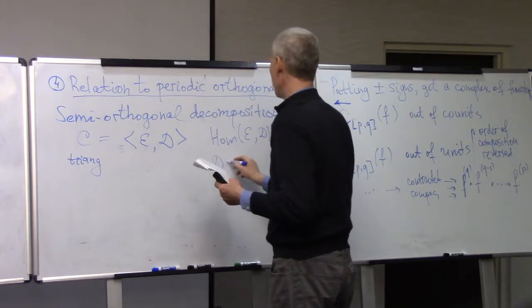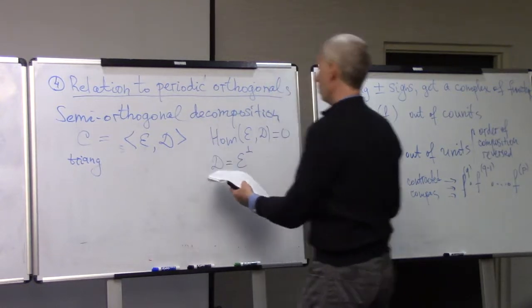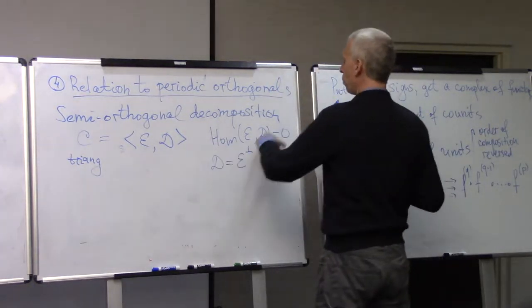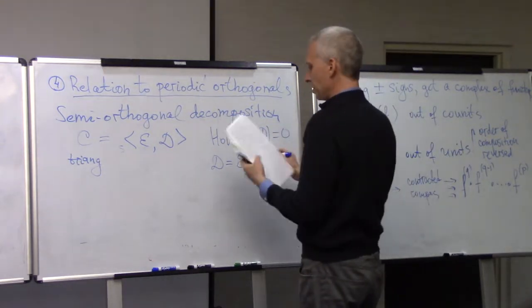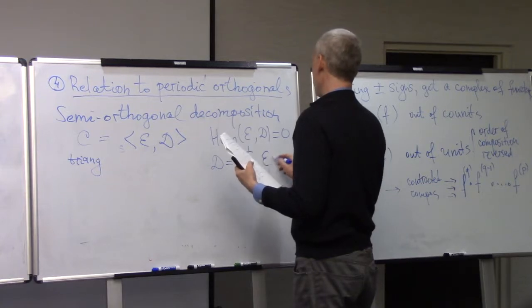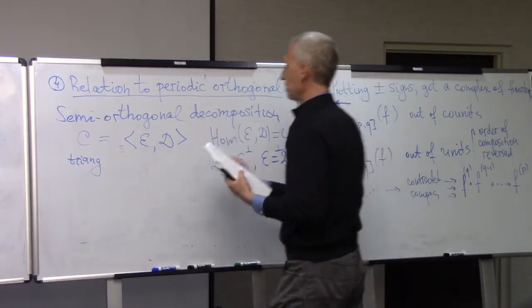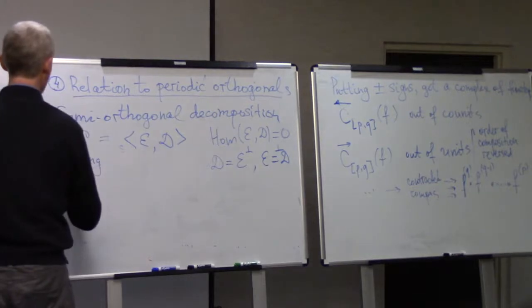So D equals the right orthogonal of E, that consists of all objects for which this is true, that it is 0. E equals the left orthogonal of D,